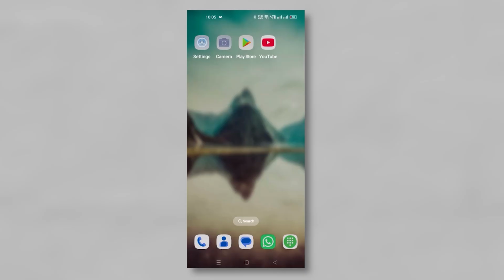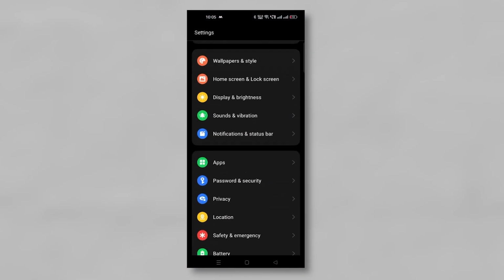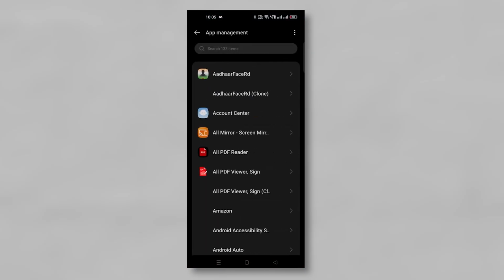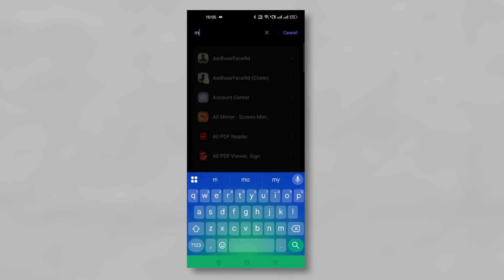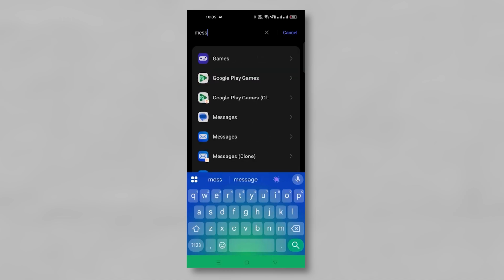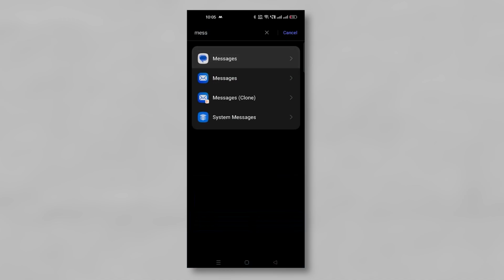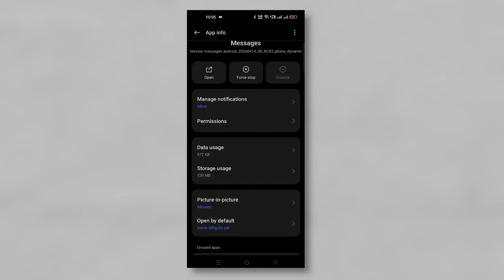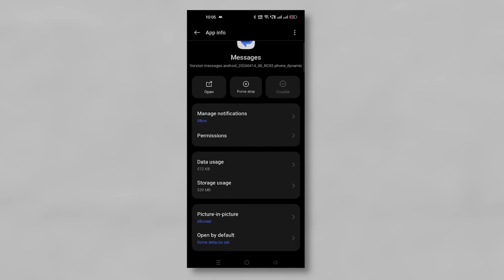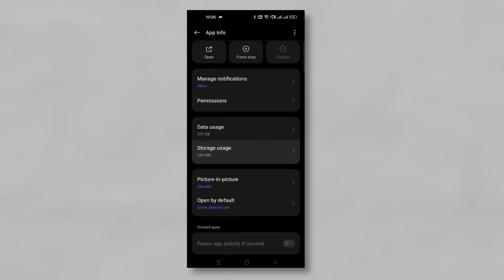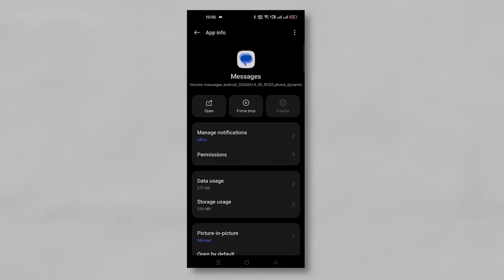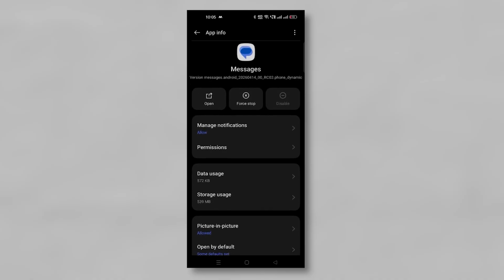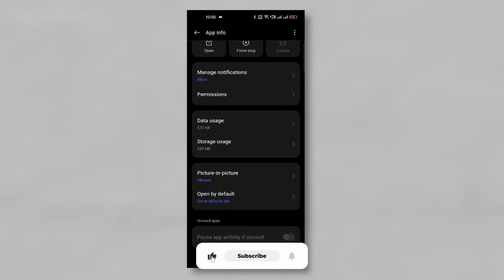instantly. Let's get started. First, open your phone's main settings app and scroll down to find the Apps or App Management section. Tap on it, open your full app list, and use the search bar to find the standard Messages app. Once you open its app info page, tap on Force Stop to halt any background glitches. Then look for the option to uninstall updates, which is often located in the menu behind the three dots in the top corner. Doing this clears out any recently installed buggy software updates that might be hiding your dual SIM